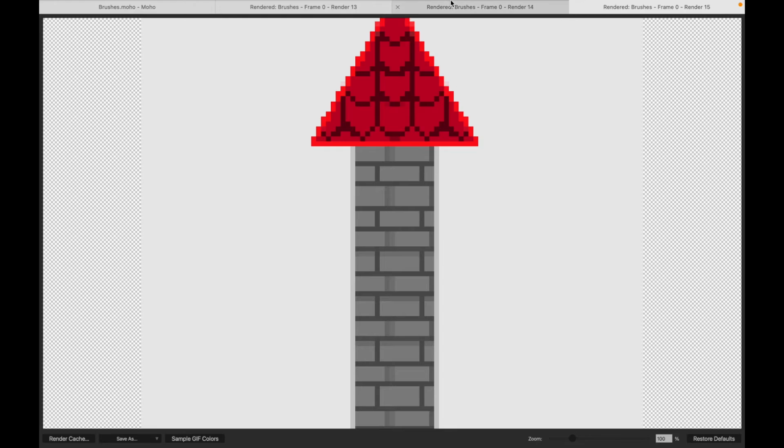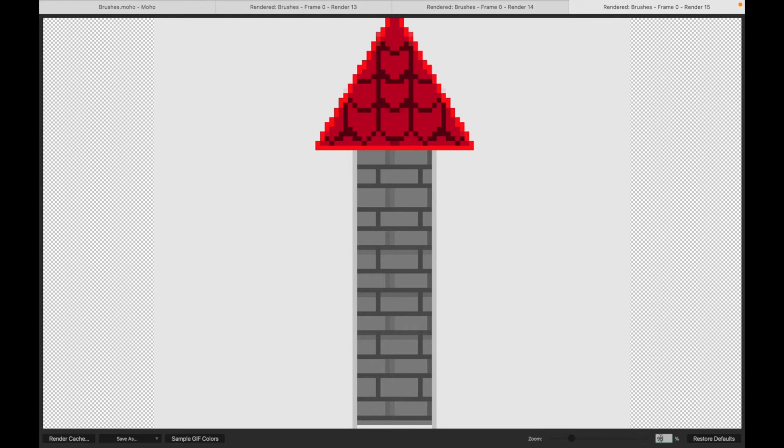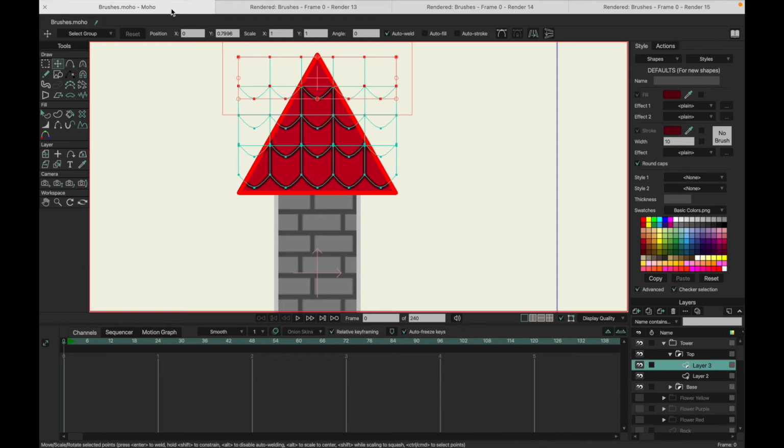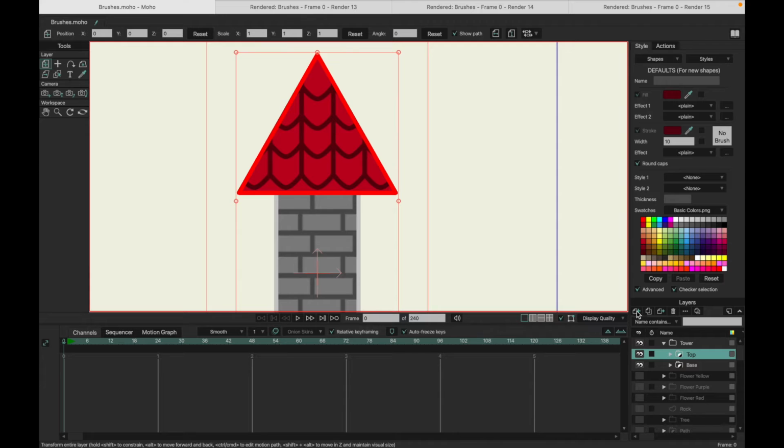Okay, there we go. That doesn't look bad. Let's go up to 90%, 95% so you can see the whole thing. Oh, not quite enough. Let's try 80%. There we go. So this is what the whole tower will look like. Obviously this is in pixelated form, so it'll look a little better than that. And one thing we're missing is maybe a window and a door. So if you want to add some detail to it,